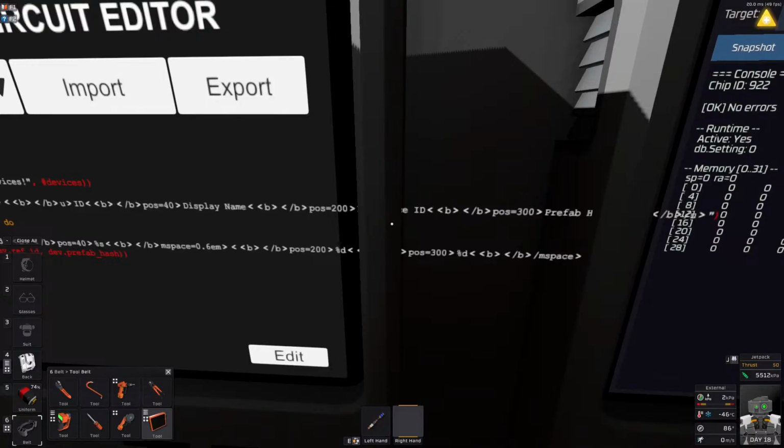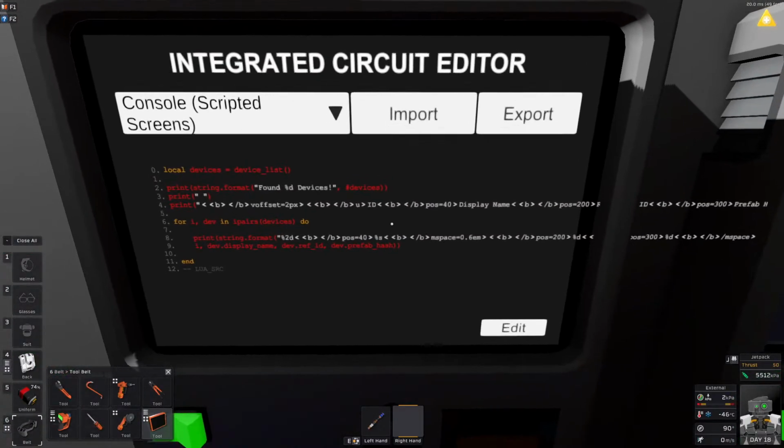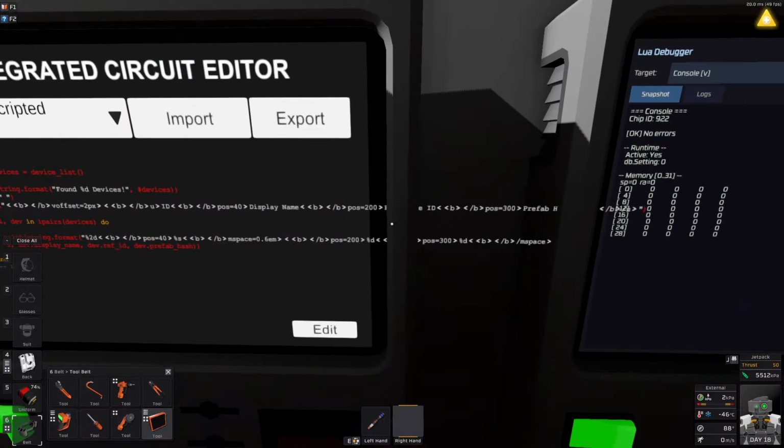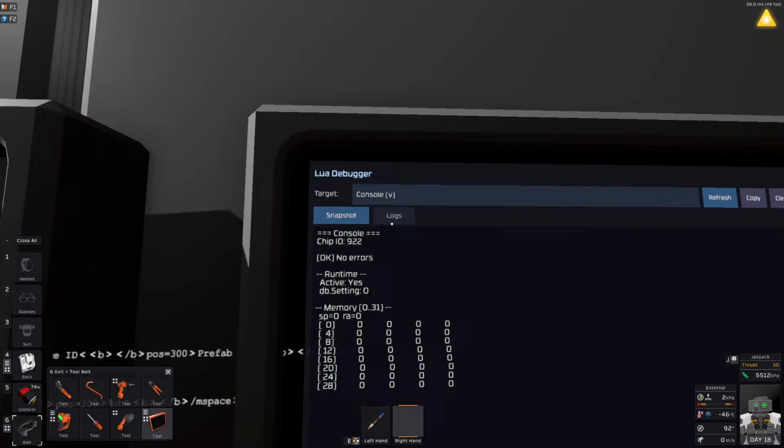That's just the interpreter adding additional stuff, and that text then flows off the screen. Just ignore that. If you go to the logs,